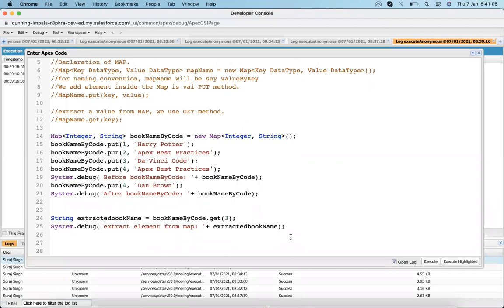How we use a loop with a map is quite different, but the concept remains the same.